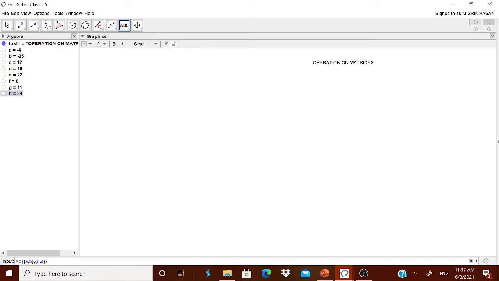Okay, I repeat once again. Now you are able to see it over there. A is equal to, within the curly bracket, a comma b inside a curly bracket, comma c comma d inside a curly bracket. Now remember, this a b c d are shown in blue color, which means that the a b c d are already there. Don't write directly a b c d. Now like this you can enter the numbers also.